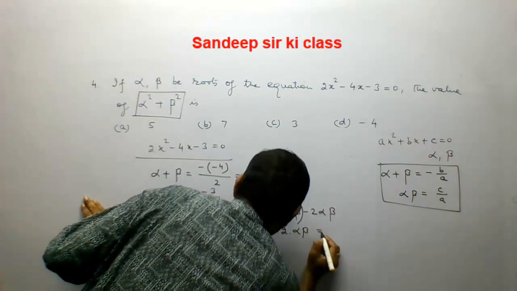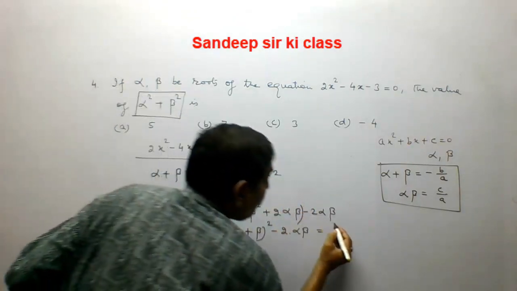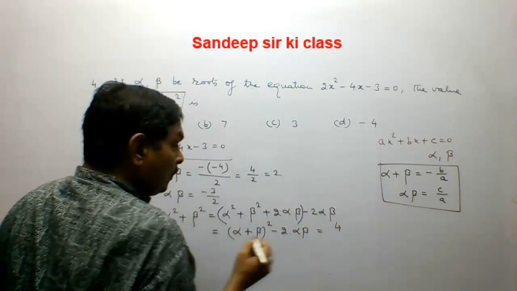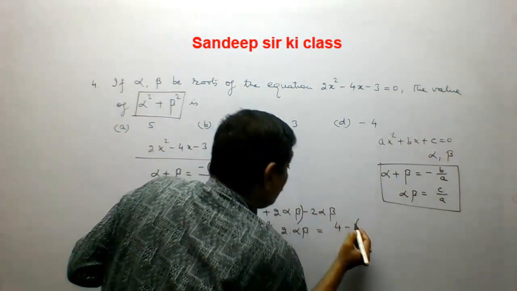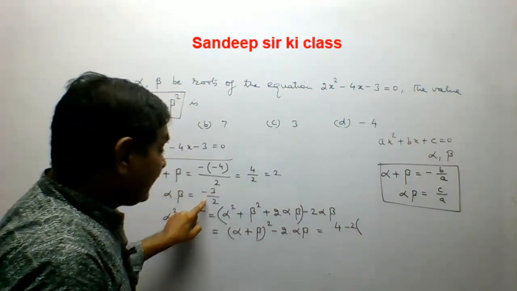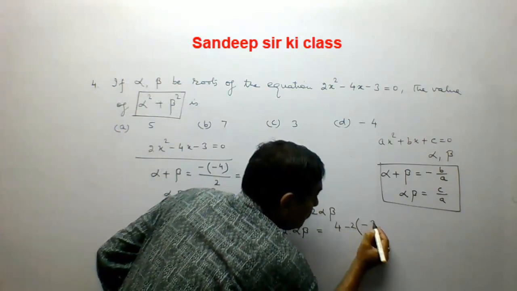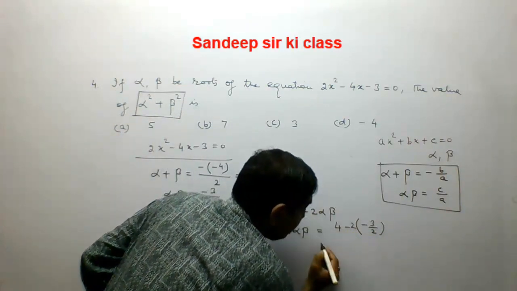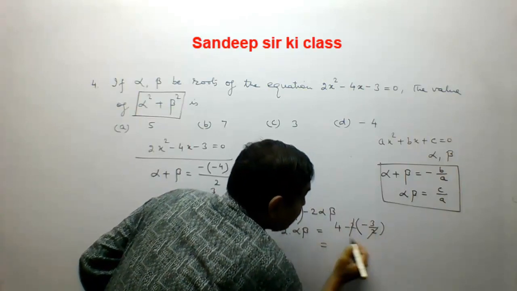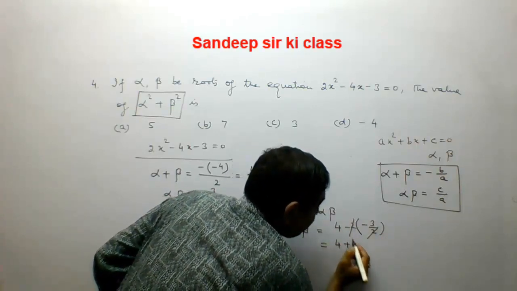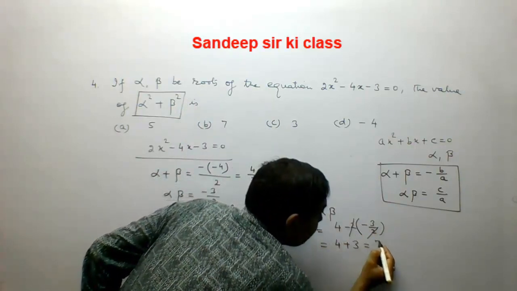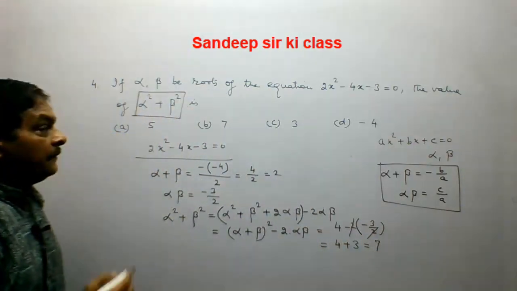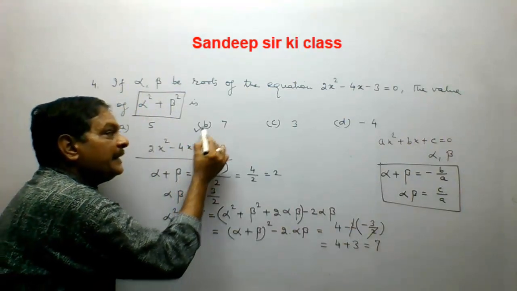This gives me alpha plus beta whole square, means 2 square is 4, minus 2 times alpha beta, which is minus 3 upon 2. I have put these values. This gives me 2 and 2 are cancelled. 4 plus 3, minus multiplies this minus is plus. So 4 plus 3 is equal to 7. So here option B is the